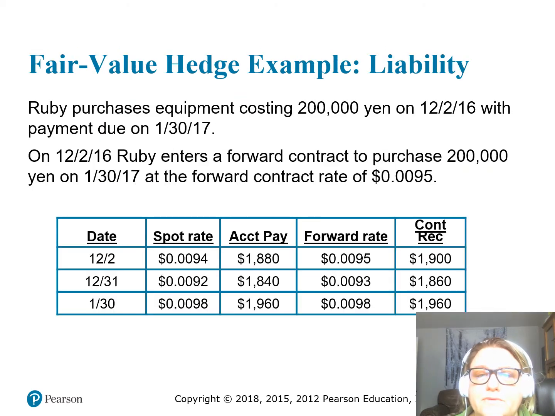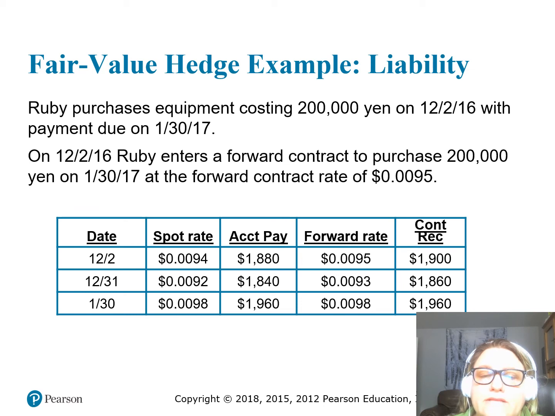I'm going to run through this liability pretty quick. So they're buying equipment costing 200,000 yen on 12/2 with a payment due on 1/30/17. Here are some figures here. On 12/2 they entered a forward contract, purchased 200,000 yen on 1/31, so it's about 2 months away, at a forward contract rate of